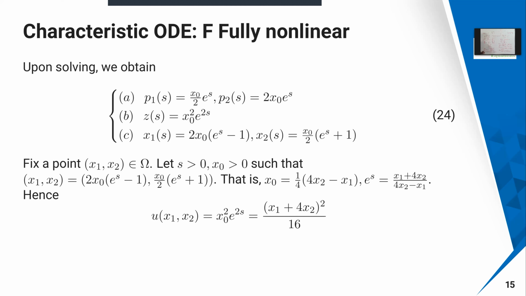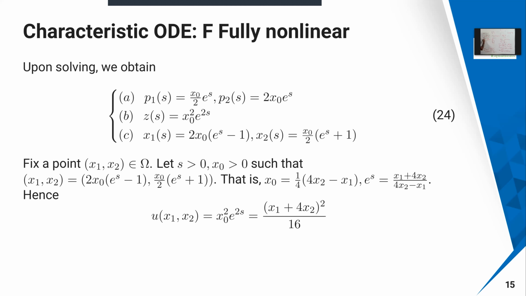So you can choose your x naught. Now similarly, you can choose your s. s is going to be obtained as follows. So we have obtained our s. What you can do is that you can simply substitute this x naught over here, into one of the equations, and then you can obtain that.